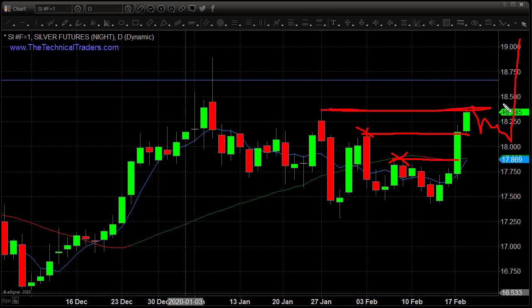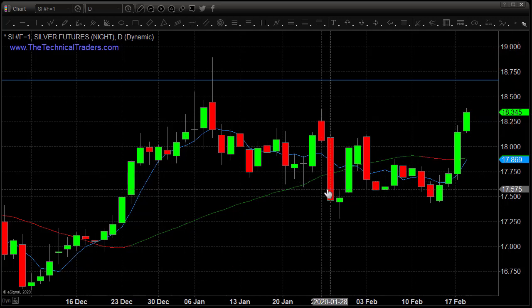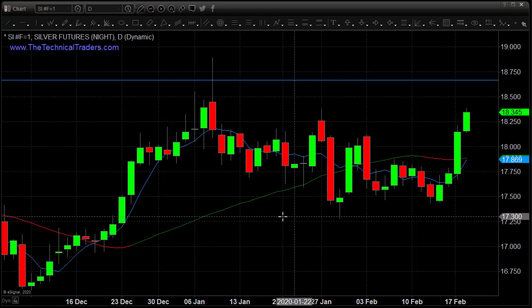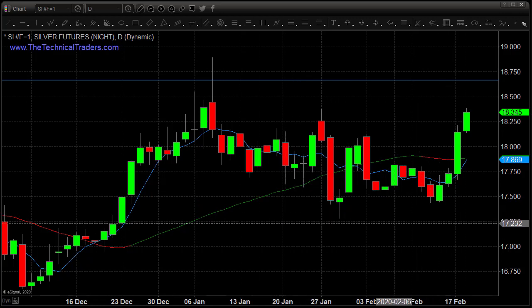So I wouldn't be surprised if we see the markets maybe trade sideways for a little bit, pull back, but overall they have very strong momentum at this point, and we could see this continue to muscle up or hold its value for a while and potentially go much higher. We are in position with the GDXJ, so we've got more or less the most leverage type of play without using a leveraged ETF. We've got the good asset class for taking advantage of this big potential breakout in the